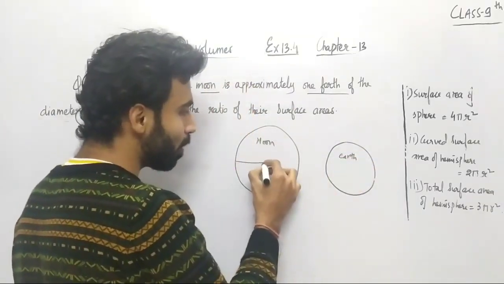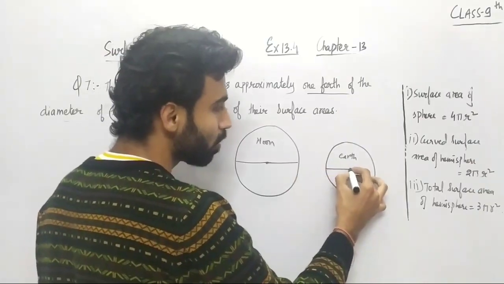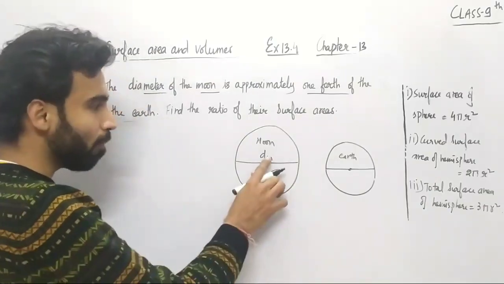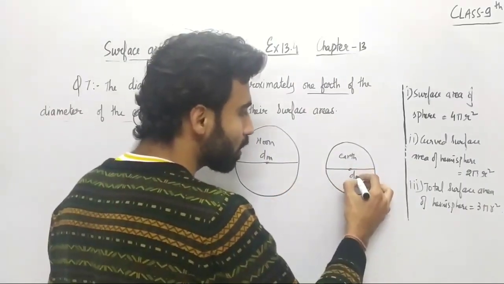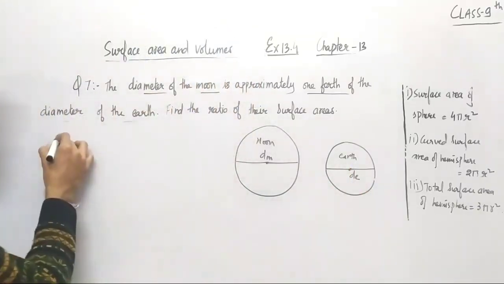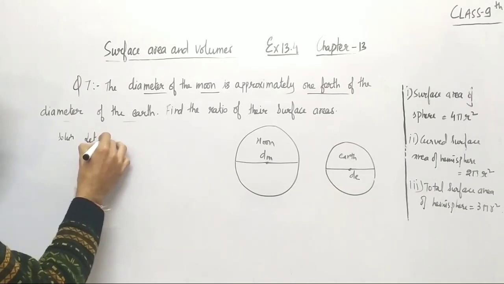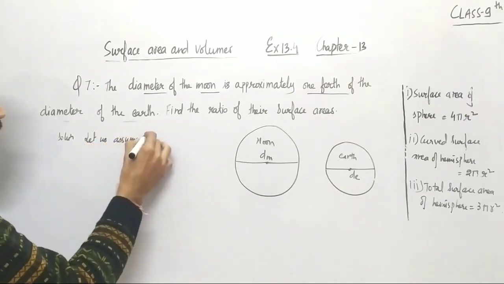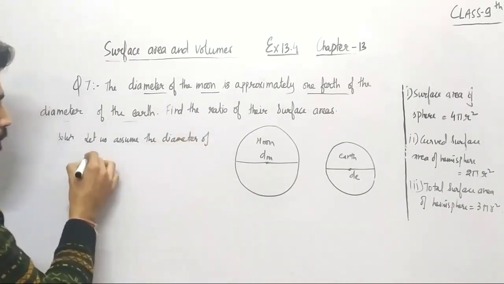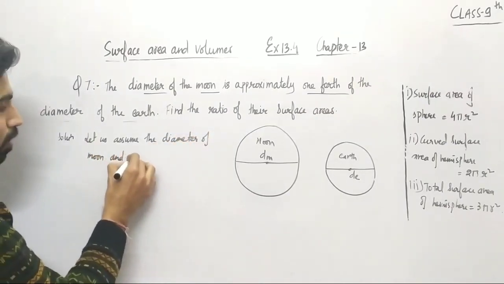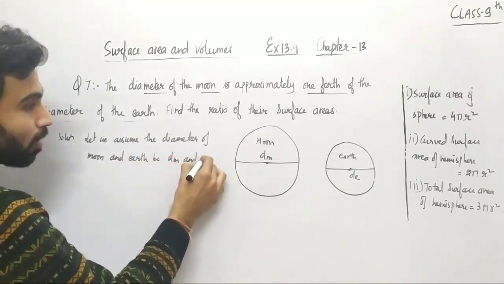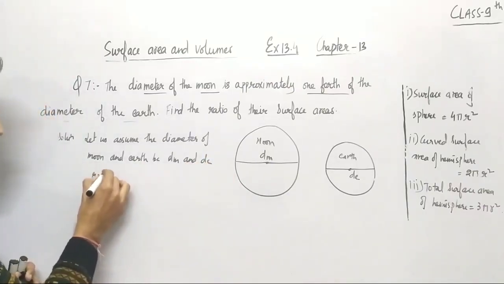So यहाँ पे अगर मैं दोनों के diameter की बात करूं like this, so यहाँ पे अगर मैं इस moon का जो diameter है इसको dm से represent कर लेता हूँ, m for moon, right? Then इस earth का डायमीटर जो है इसको मैं de से रिप्रेजेंट करता हूं फॉर अर्थ, राइट? सो लेट अस फर्स्ट assume the diameter of moon and earth be dm and de respectively,